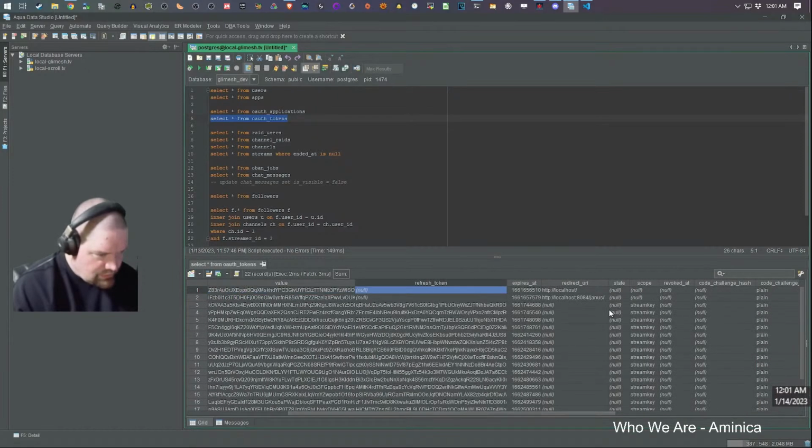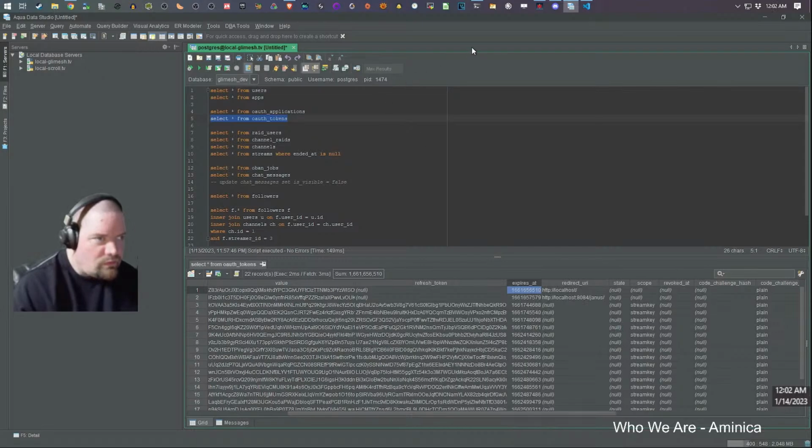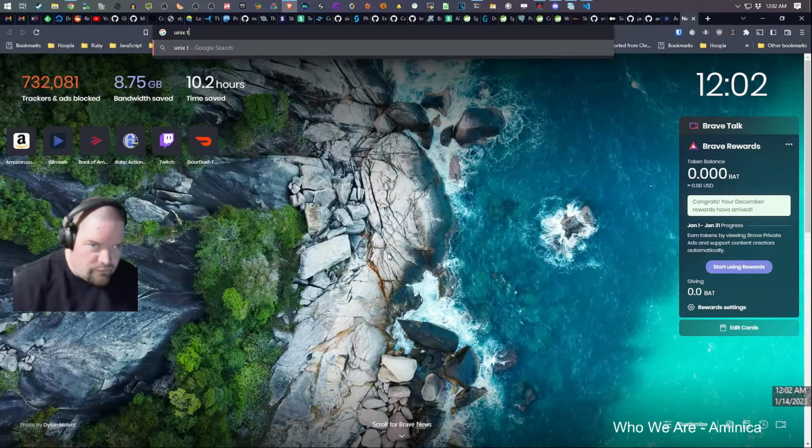So then what does this expiry do? How would I get Unix time to human readable?